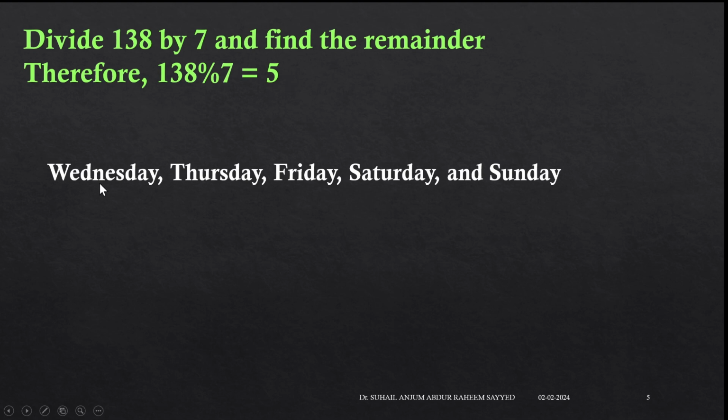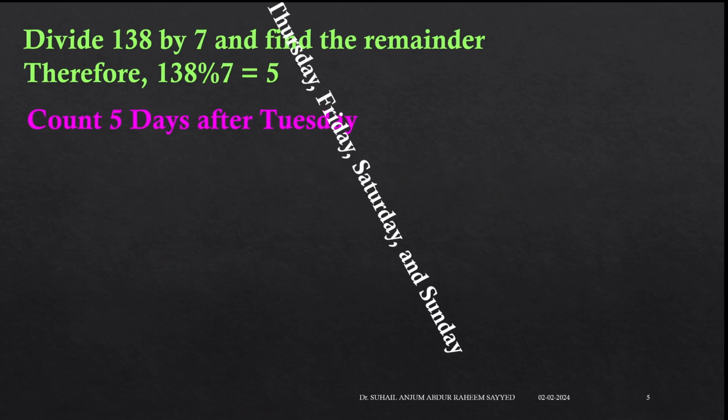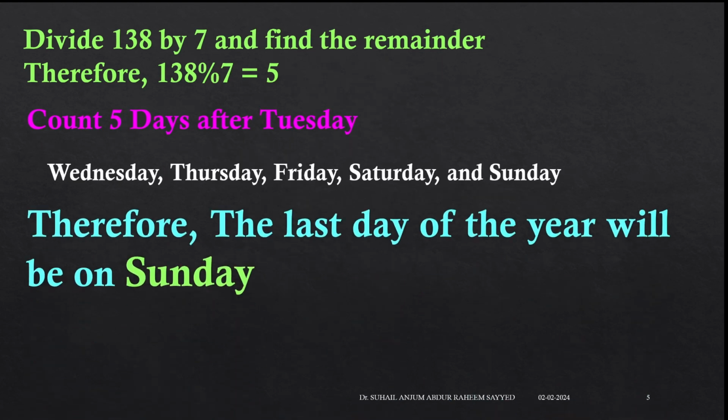So we have to count 5 days after that. After Tuesday we have Wednesday, Thursday, Friday, Saturday and Sunday. So after 5 days the last day of the year will be